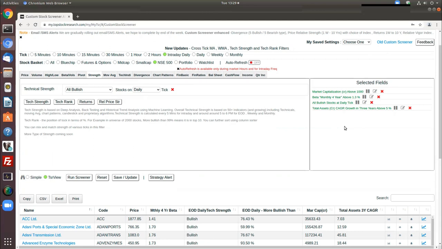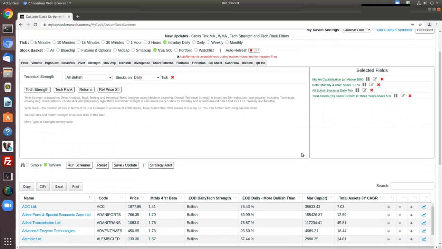The other things that we will explore later are the other view, adding strategic alert, auto refresh, how to save the screener, and so on and so forth. And the old custom screener we'll cover in a later section. So friends, in this video, we have covered some of the overview or some of the key aspects of Custom Screener. We do recognize that we covered it in a little rush. The idea of this video was to give you an overview of key features of Custom Screener, and we will have an exclusive video on Custom Screener which will cover all the aspects in much more detail.